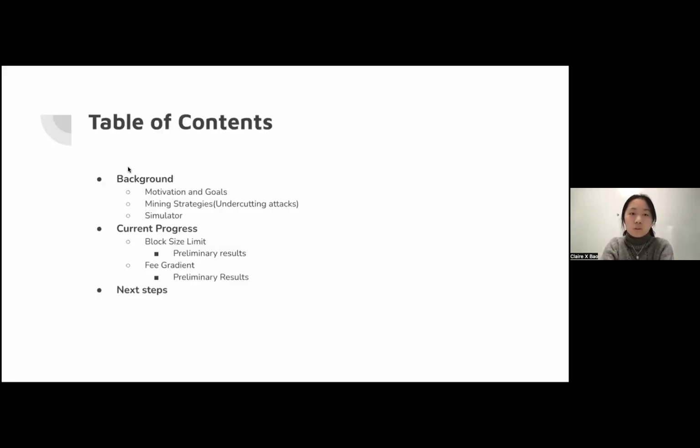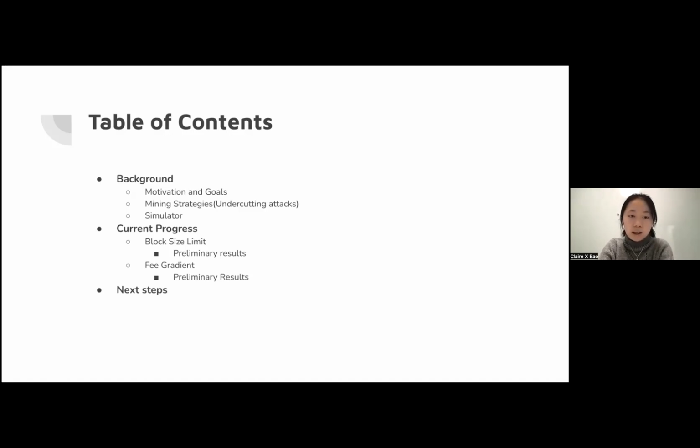So as a quick overview about what I'll be covering in the presentation today, I'll start off with some background, such as what are the motivation and goals behind my research. I'll then talk about the mining strategies that we modeled, including the aforementioned undercutting attacks and how they work. And I'll also give a brief overview of the simulator that we use to model these strategies and to measure their relative effectiveness. Then I'll cover the current progress that I've made in my research,